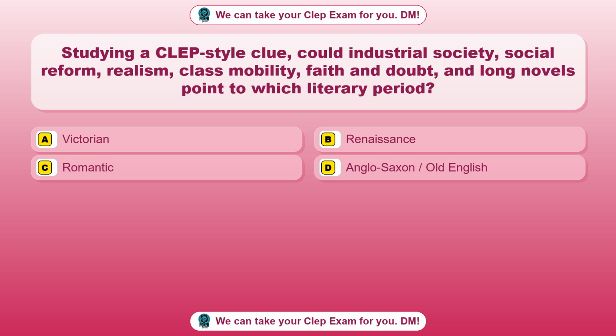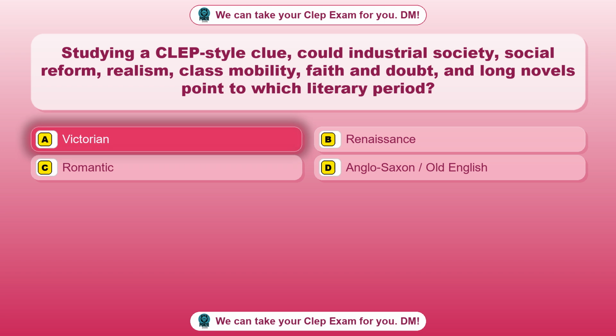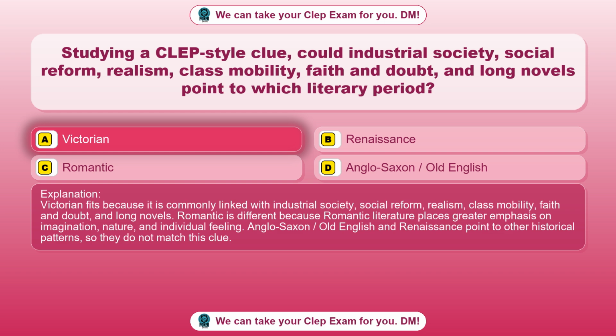Option A, Victorian. Option B, Renaissance. Option C, Romantic. Option D, Anglo-Saxon/Old English. The correct answer is option A, Victorian. Victorian fits because it is commonly linked with industrial society, social reform, realism, class mobility, faith and doubt, and long